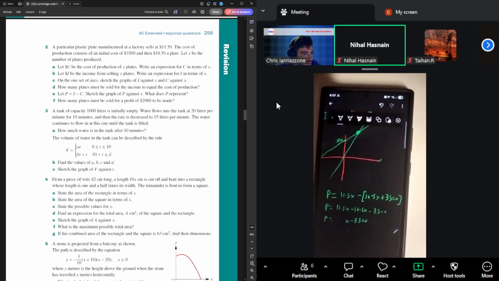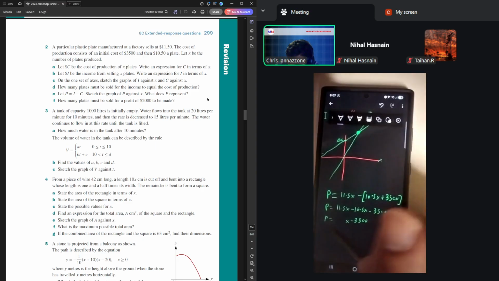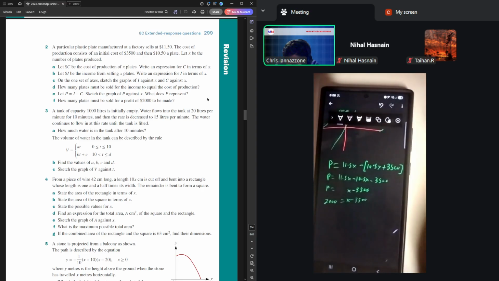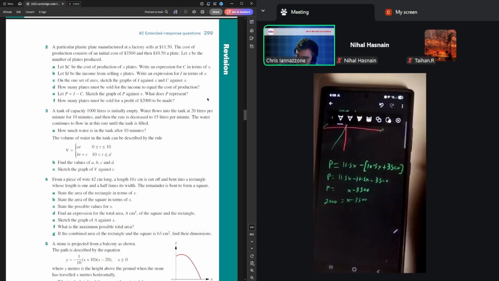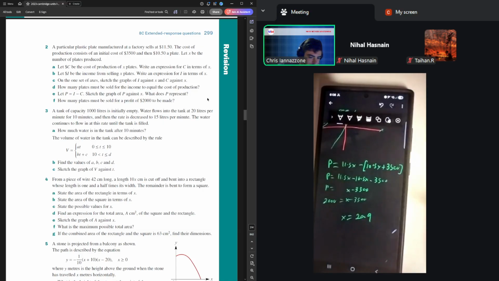And then, how many plates must be sold for a profit of 2,000 to be made? Well, P equals 2,000. Nice and simple. This one actually ends up being a whole number anyway. Some of the times when you do this, they'll choose a number that is strange, like a decimal, to throw you off. Assuming we did get an x of like 20.9, not anywhere close, but just for the sake of argument,